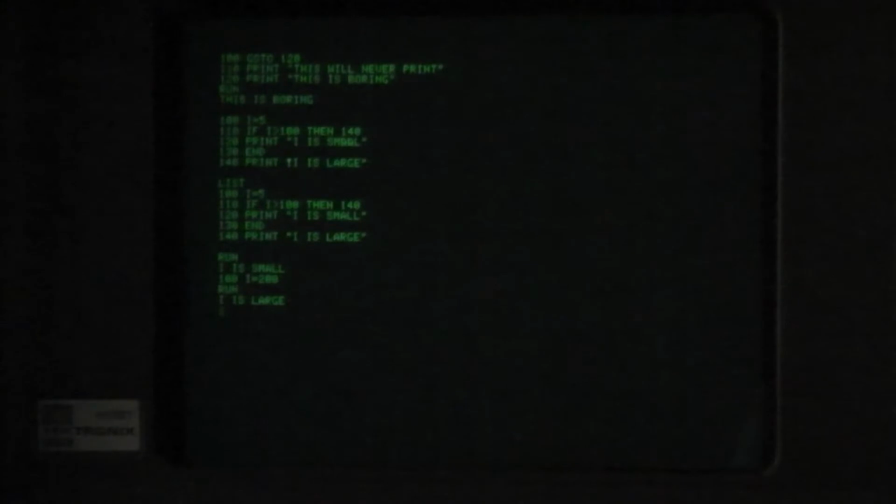We've used the greater than operator to compare the value of the variable I to a number. You can use less than. You can use a single equal sign to check if two values are equal. You can use greater than equals, less than equals, or less than greater than, which looks like that, to check if two values are not equal. You can also use AND, OR, and NOT